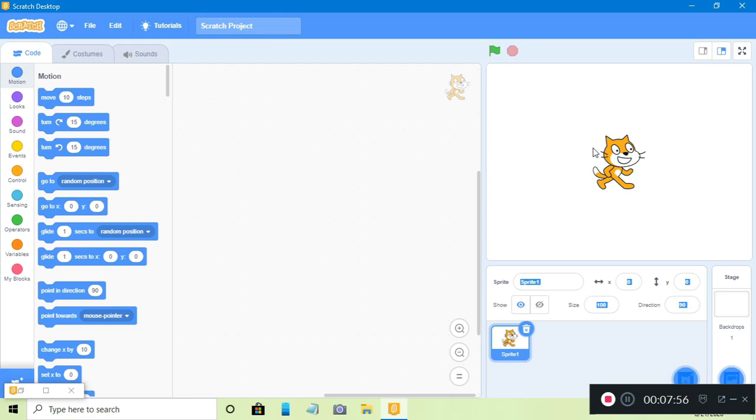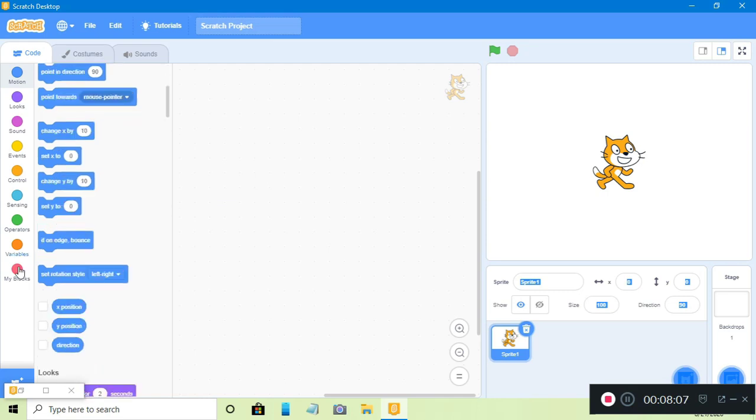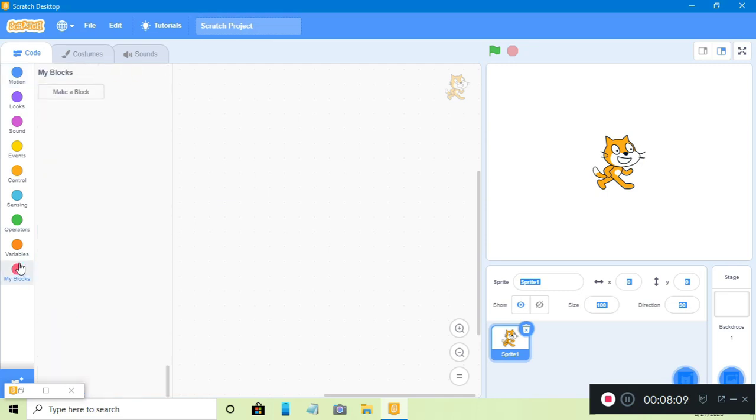Scratch has many sprites. It has a big library of sprites. We can also upload our own image as well. Sprite means a cartoon or some character. Now there are many characters for selecting.